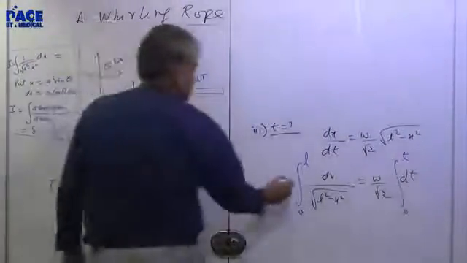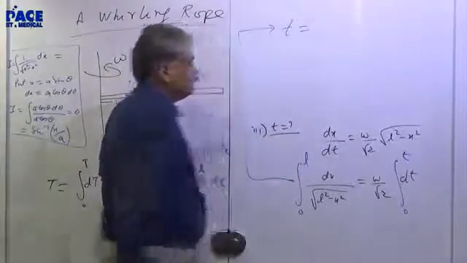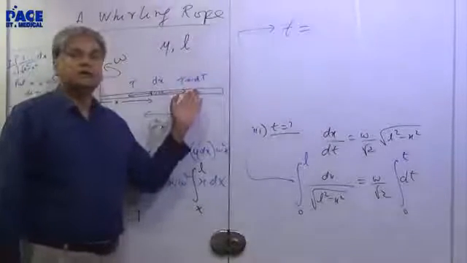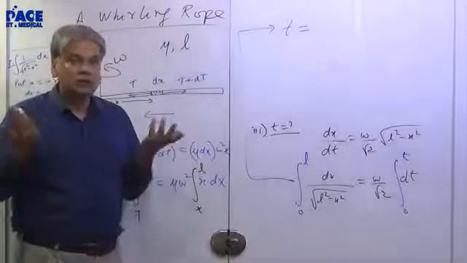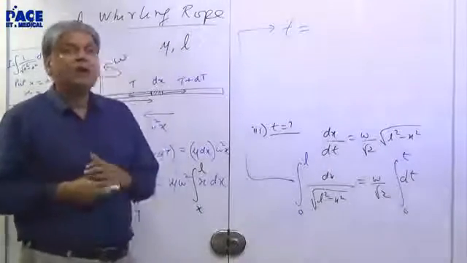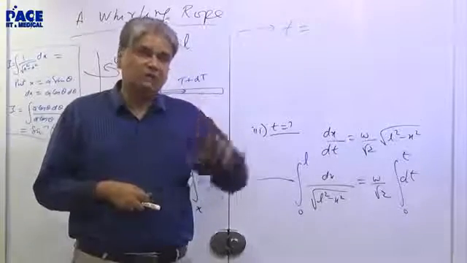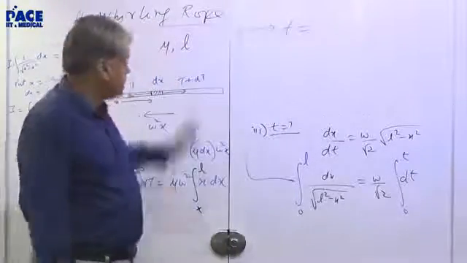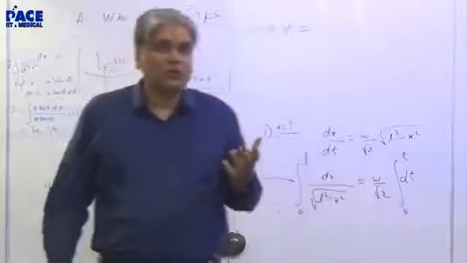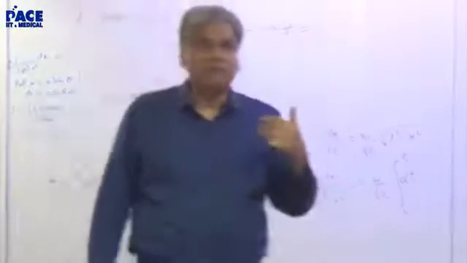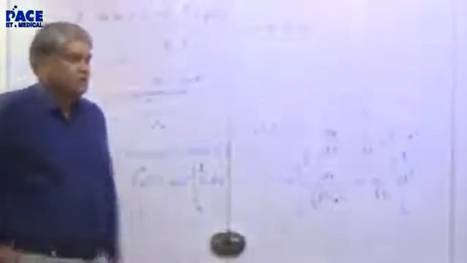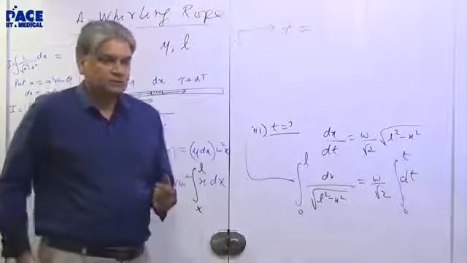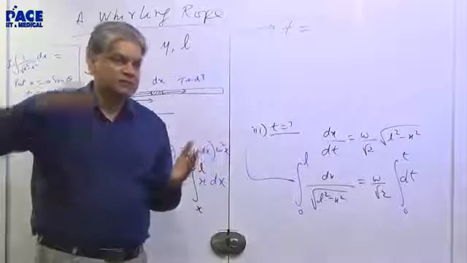So for the small element, why is the tension on the right side greater than the left? It is not greater, then it would be the reverse. dT doesn't mean greater. dT can be negative. I do not know what it is; if I knew, then what am I calculating? I only know at x it is T, and at x plus dx it is T plus dT. Plus dT doesn't mean more, dT can be negative, and in fact it is negative. What you are saying is you expect T to be bigger because there is centripetal acceleration. You are right, but I am not putting that in. Let the mathematics take care of it. So at x it is T, at x plus dx it is T plus dT. That's how we say it in calculus: at x the function is y, at x plus dx the function is y plus dy.